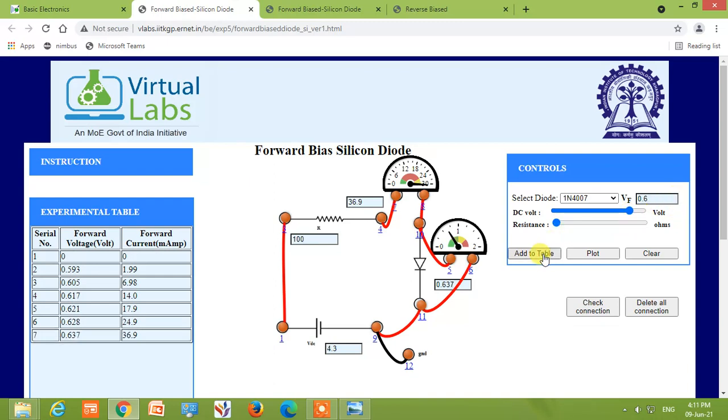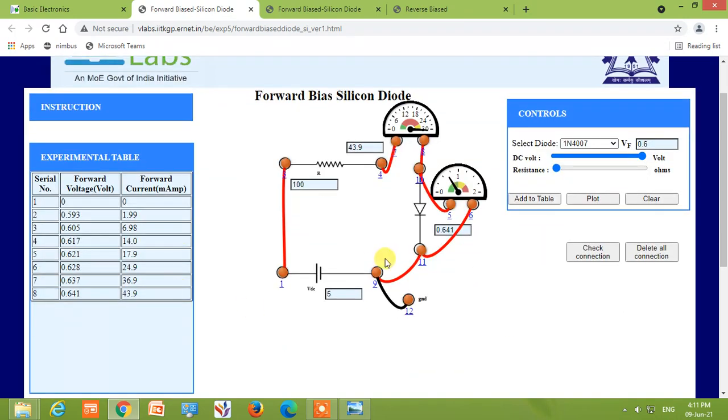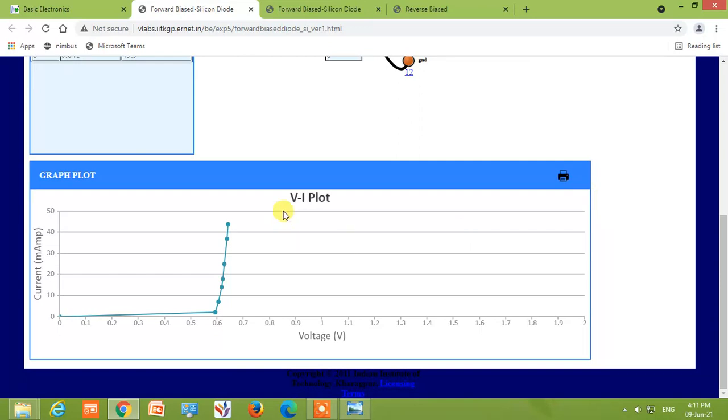Add to table, and so on and so forth. Add to table. So we have made the connections and we have varied the DC voltage, and now we have made the observation table, and now click on the plot button and your plot will be ready. So this is VI characteristics of forward bias diode.